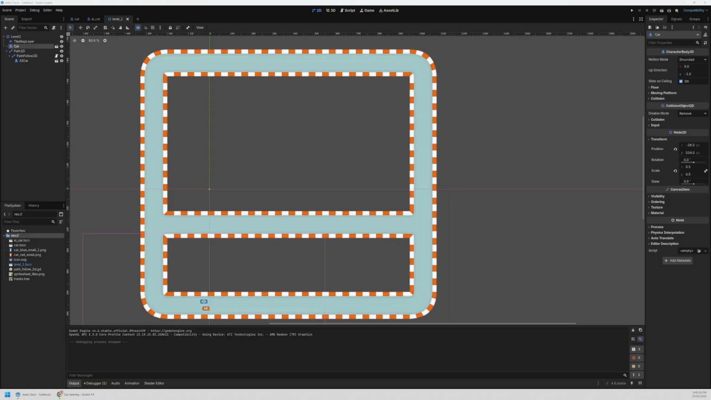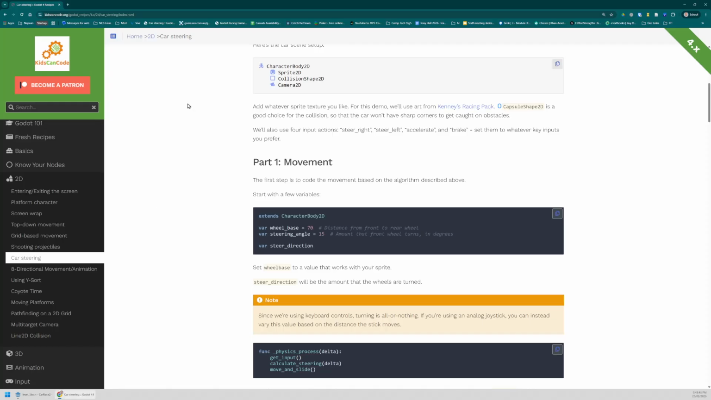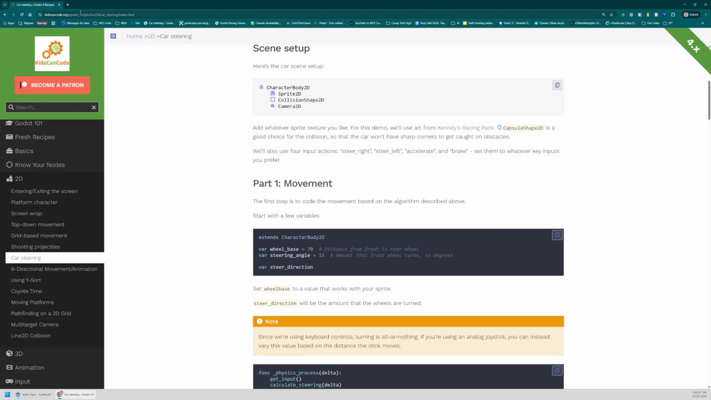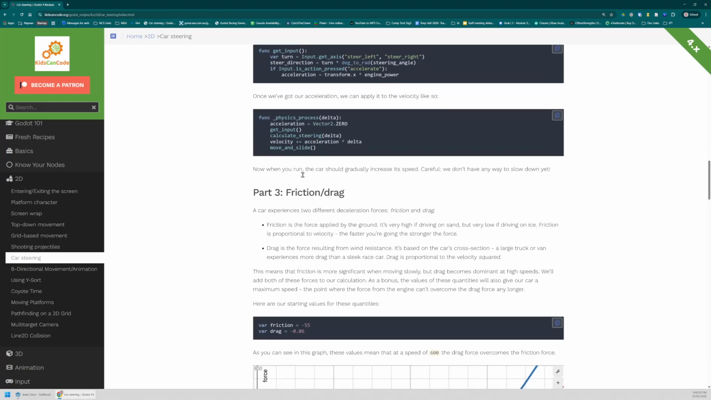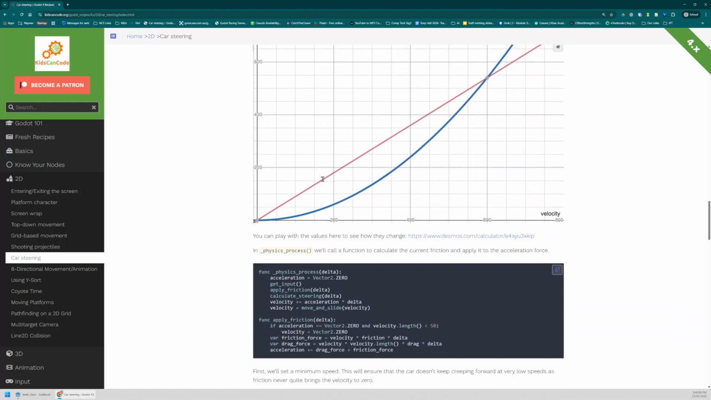Alright, so we're now set up to start coding our car, and so we're going to need to apply a script to our car. Now I'm taking the script that we're using here from this great little website called Kids Can Code, and you'll see it's got a whole lot of different 2D tutorials or 2D game tutorials. I'm just going to apply part 1, part 2, some acceleration, and part 3, some friction, but you'll see that